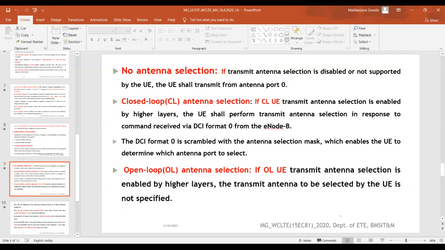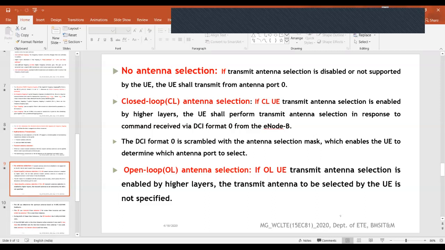The second thing is closed loop antenna selection. If closed loop user equipment transmit antenna selection is enabled by the higher layers, the user equipment performs transmit antenna selection in response to the commands received via DCI format 0 from the eNB.